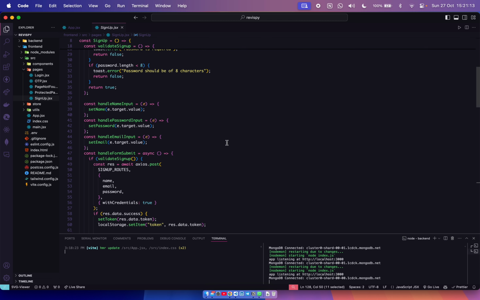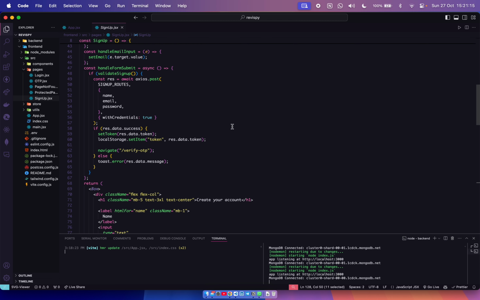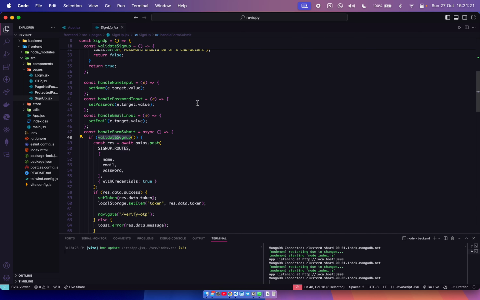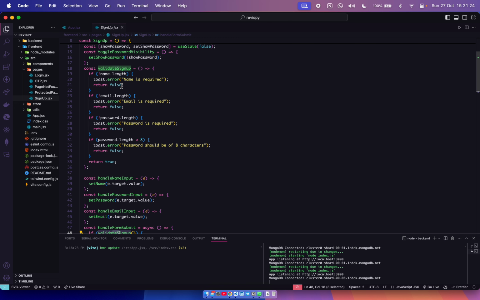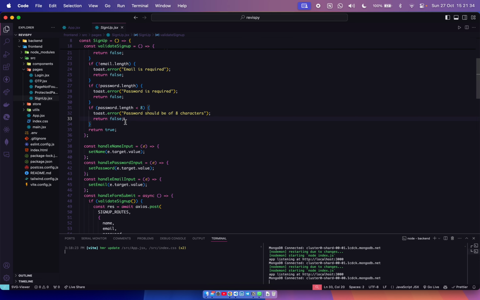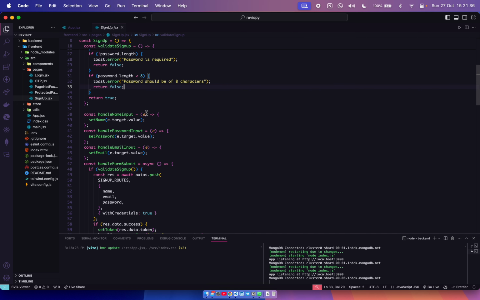After this, whenever we want to submit the form, it will first validate the sign up form. It will check whether the name is here or not, email is provided or not, password is provided or not. The password must be equal to or greater than 8 characters.